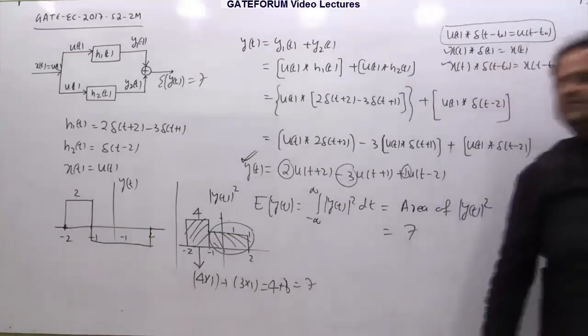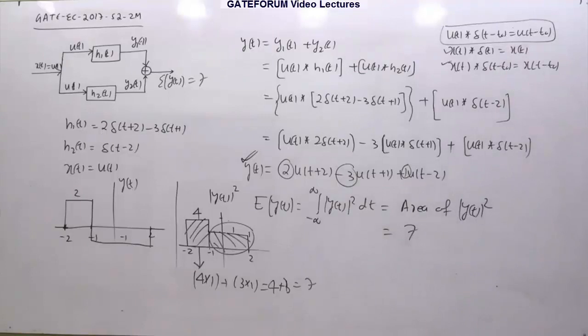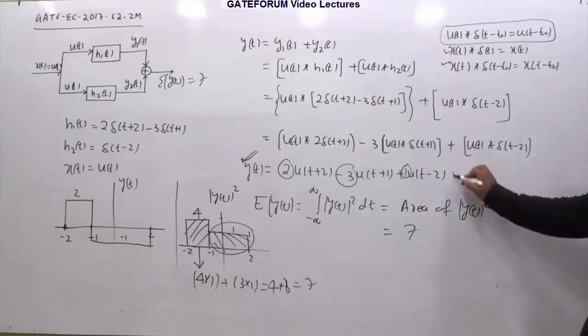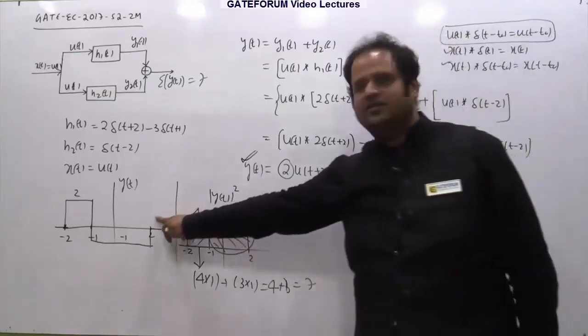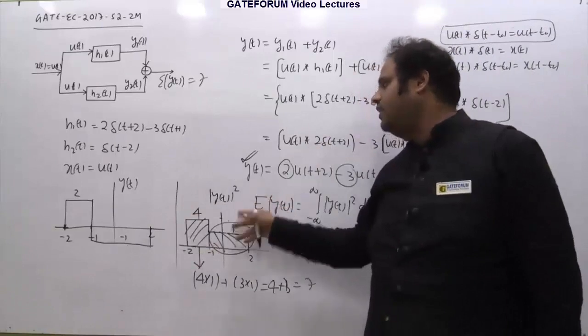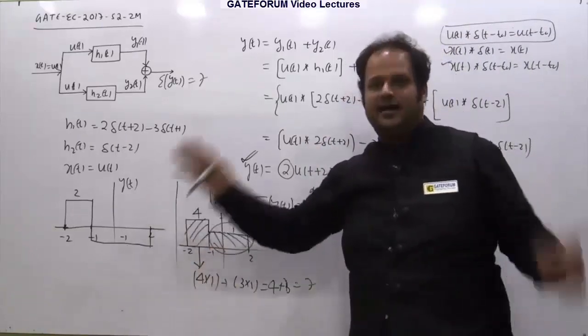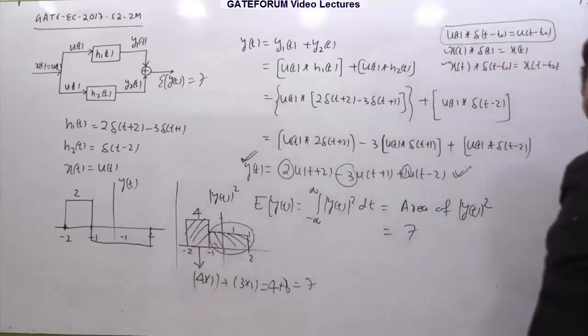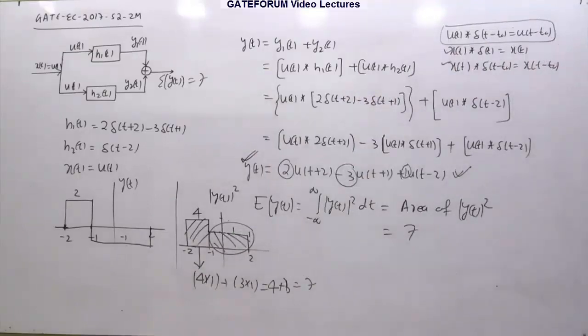Again I am telling you, this is a very easy question, and because I explained all these properties and drew the waveforms step by step, I took around 8 minutes to explain. But if you solve this problem in proper flow, it is not more than a 2-minute job, because you can directly write the expression of yt. By referring to that diagram, your first step is to write this, the second step is to get this one, and then you can visualize mod of yt square. You can rough it out right there, and then find the area. That is hardly a 1 minute or at most 2-minute job. So the answer is 7.